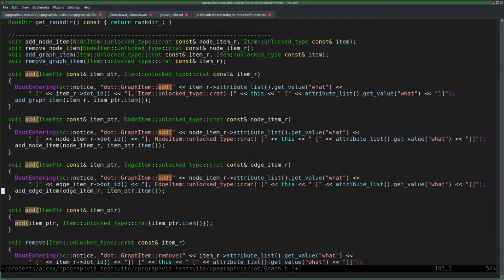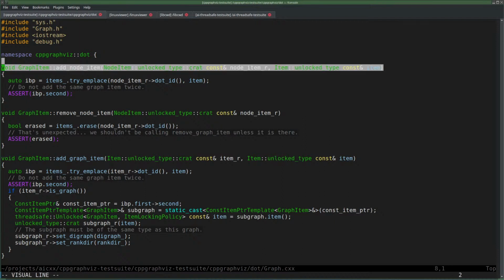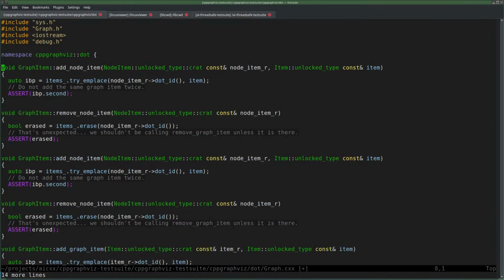And then I have to add an add edge item. Just copy this. This is what I just added for the node. And I'm going to change node into edge.